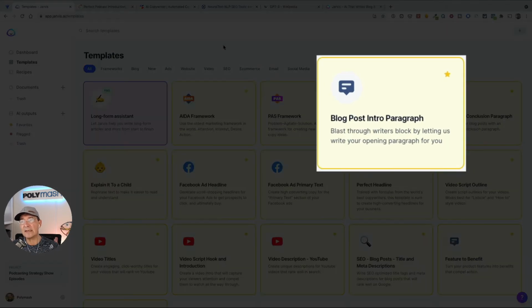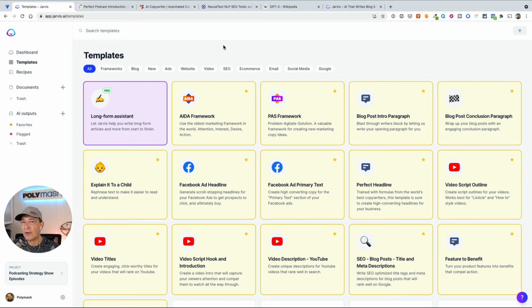That one I think is interesting because all you need to do is put in a title or a concept for a title, and it then generates 20 introductory paragraphs for you to choose from, and you can often just cobble something together from that. I still like the AIDA framework better for most intros, especially for an episode, simply because there usually is a call to action involved at some point.